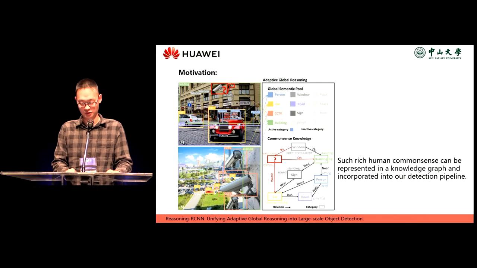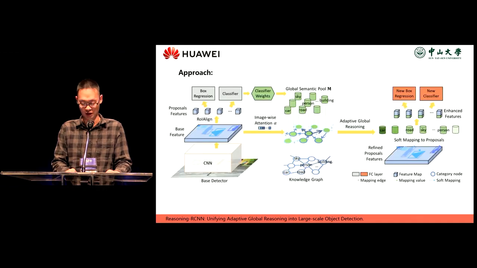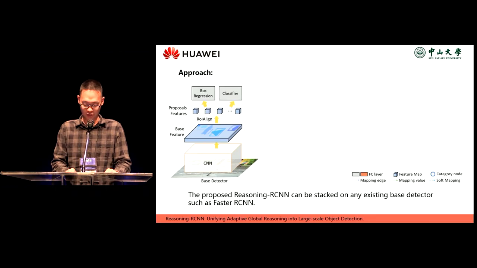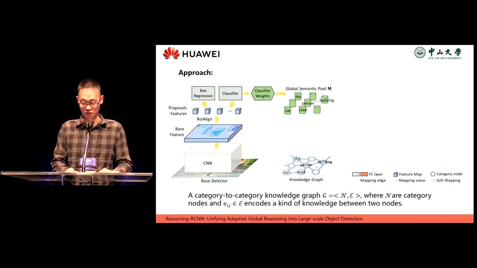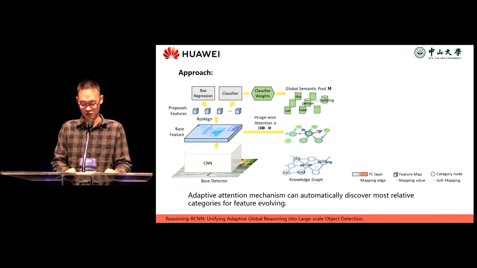Based on those motivations, we proposed our Reasoning-RCNN, and this is mainly our framework. Our Reasoning-RCNN can be stacked on any existing two-stage detection networks. Specifically, we will collect the weights of the classifier from the base detector to create a global semantic pool M. This is analogous to the memory in human brains. And then a category-to-category undirected knowledge graph G is defined, such as relation and attribute knowledge, and shared during training and